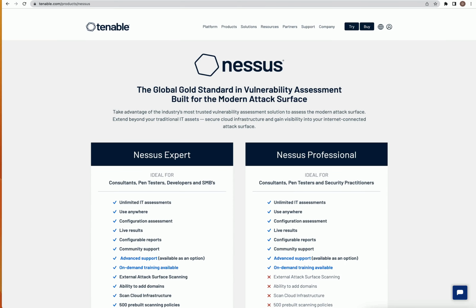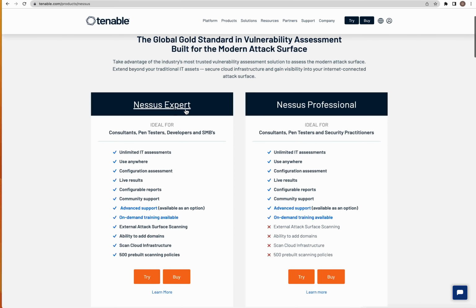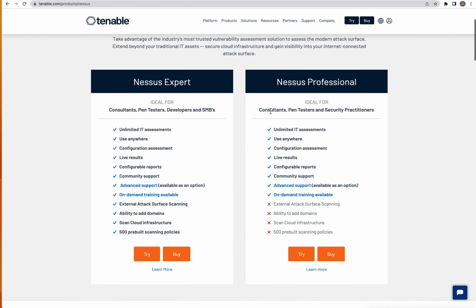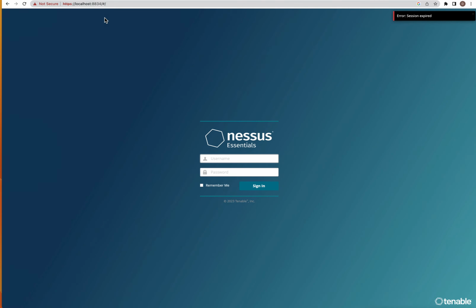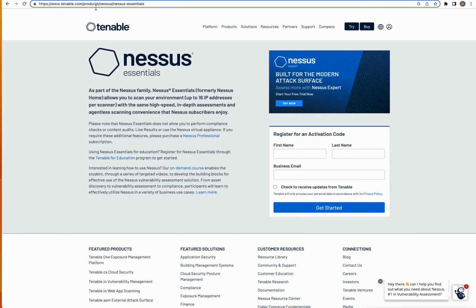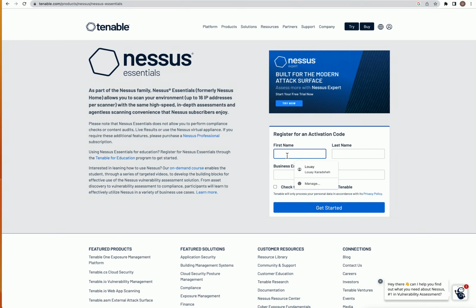Now, first of all, if you look at the main web page, you'll find Nessus Expert and Nessus Professional. We're not going to bother with these because these are paid subscriptions and paid software, actually. Instead, we're going to go to Nessus Essentials by typing this website. Then you type any name you want, test, test, for example, and any email,